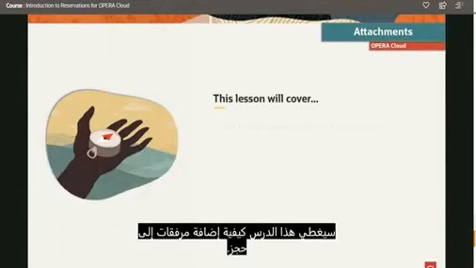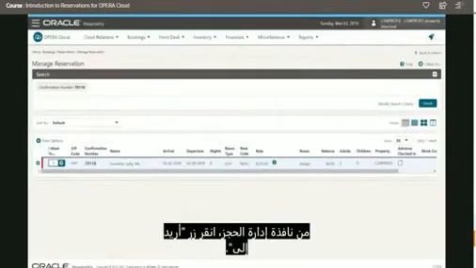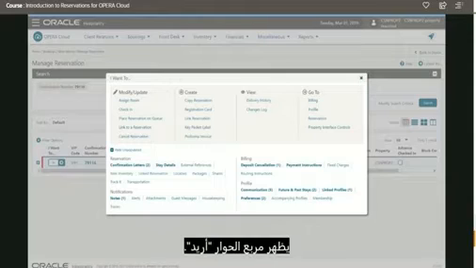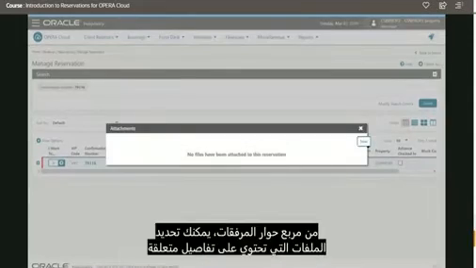Attachments. This lesson will cover how to add attachments to a reservation. From the Manage Reservation window, click the I Want To button. The I Want To dialog box appears. Click the Attachments link. From the Attachments dialog box, you are able to select and upload files that contain details